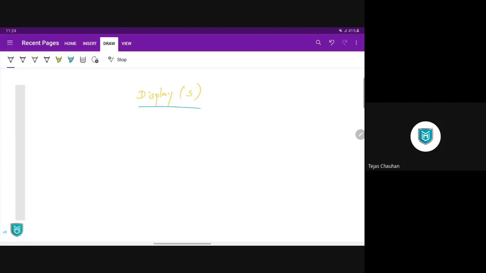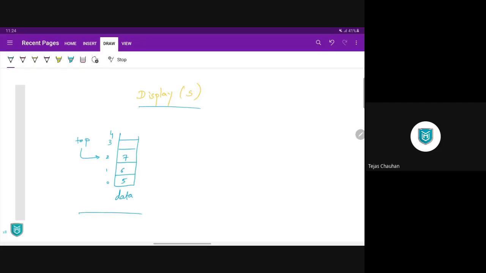Now for this display, let us consider a situation where we do have a few values in our data array, let's say 5, 6, and 7. These are the values. So your top will be pointing to index value 2. Now this is your current situation of stack.